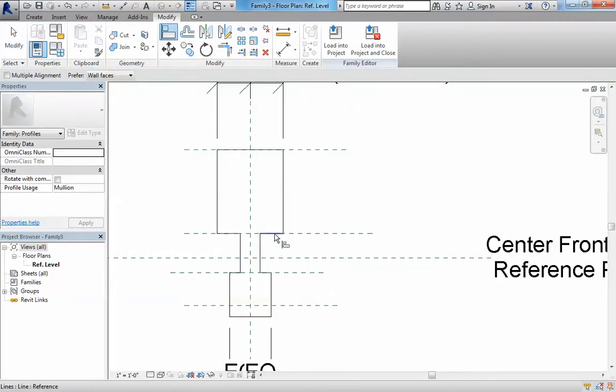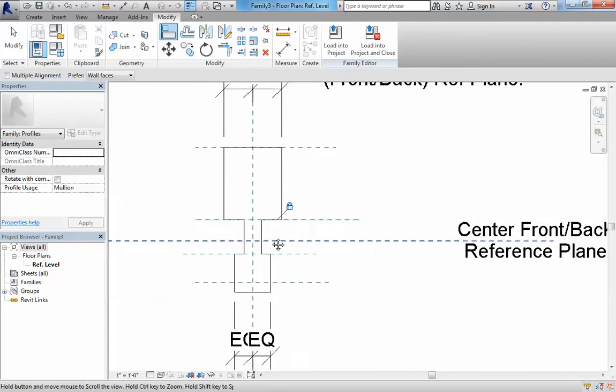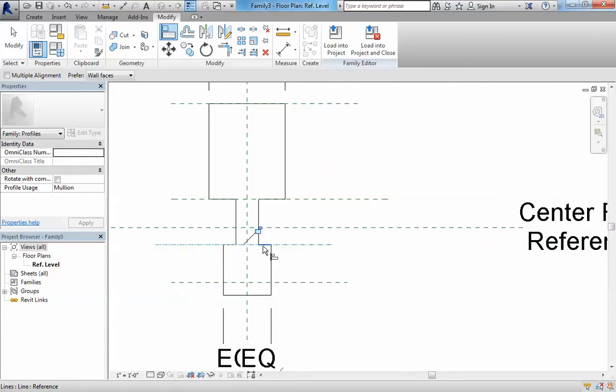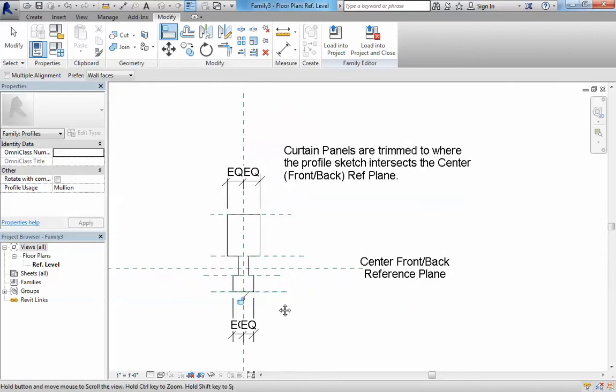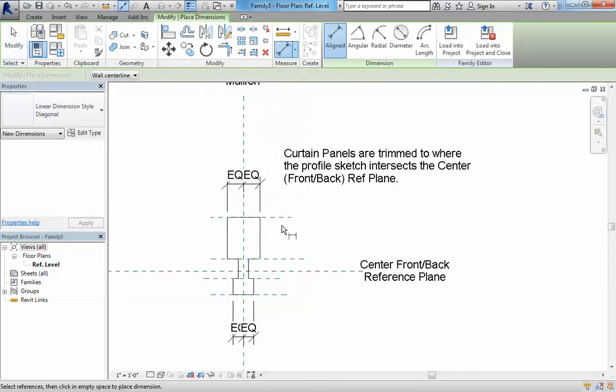So this to this reference plane, this line, lock. To this reference plane, this line, lock. To this reference plane, this line, lock. To this reference plane, this line, lock. To this reference plane, this line, lock. We probably want to put some dimensions